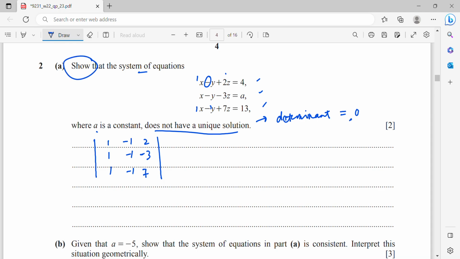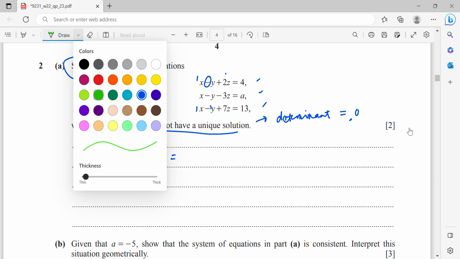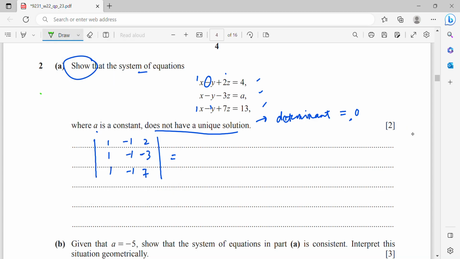So we shouldn't write equals to 0 first. We need to show the calculation. Since this is a 3 by 3 determinant, I'm going to fix the first row. When I fix the first row, I have to label the sign of the first row. So now I fix the first row, and then I'll consider the first column for my first step of the